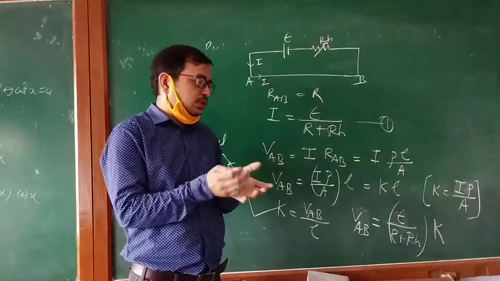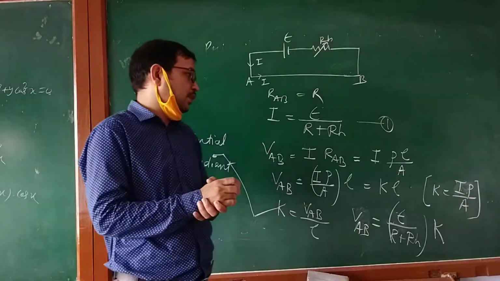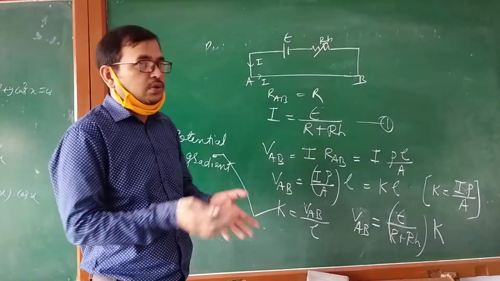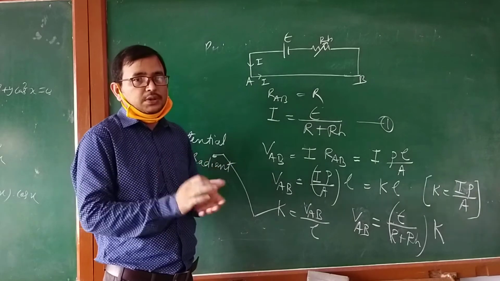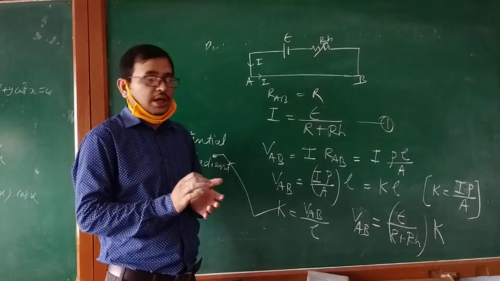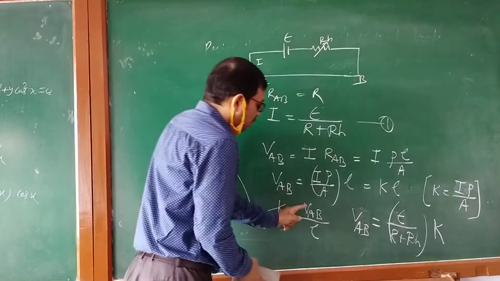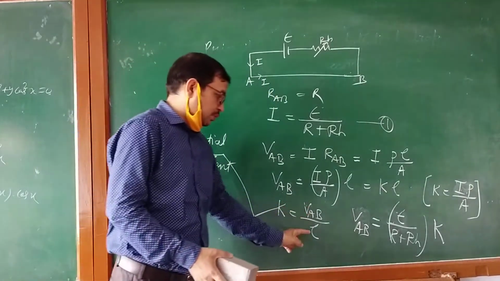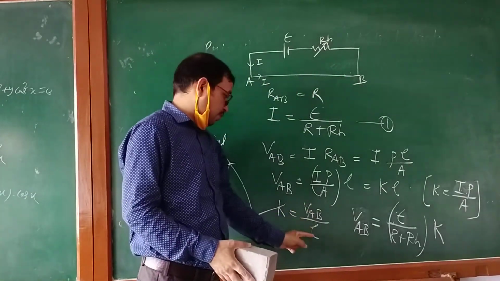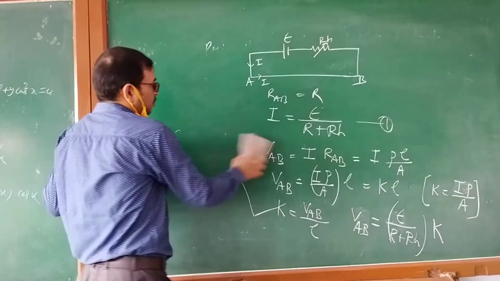You can see that the same thing can be written in different ways. The question is also asked in different ways, maybe in this formula or this formula. So you must be familiar with all types of formulas which can be written and which can be asked. This is about the potential gradient. Its unit is volt per meter or volt per centimeter. Suppose the length is given in centimeters, then it will be volt drop per centimeter. If it is given in meters, then volt per meter.